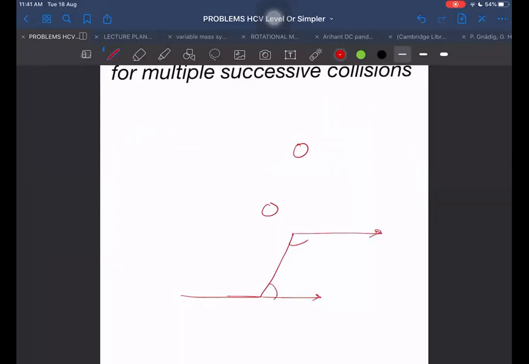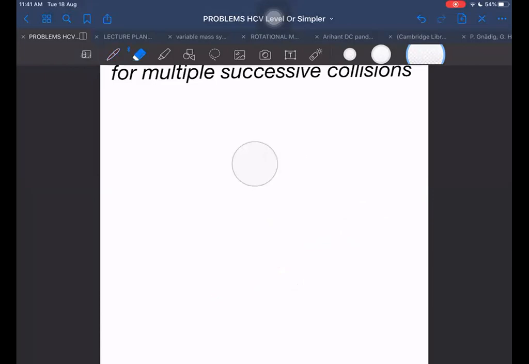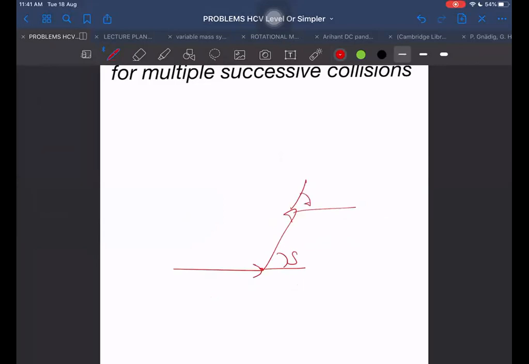It may go this way and then again it may come that way. In that case, how to achieve such a thing? If I want it to go this way, and then it will deviate by some angle of deviation, then again it should deviate by the same angle of deviation in the opposite direction. Same angle. First anti-clockwise, then clockwise, then again it will be on the same path. So I can achieve it by two collisions of the same deviation. Means always delta 1 plus delta 2 plus delta 3.